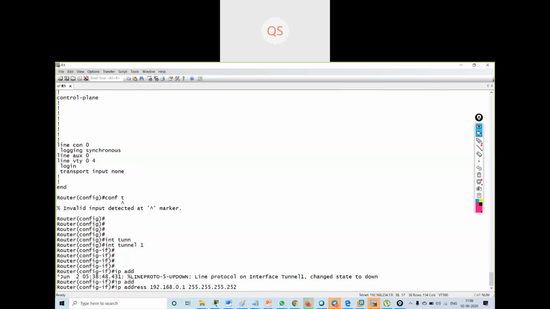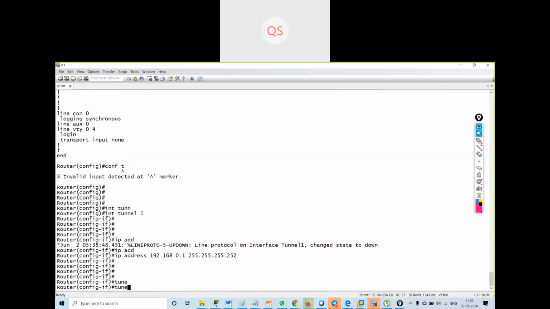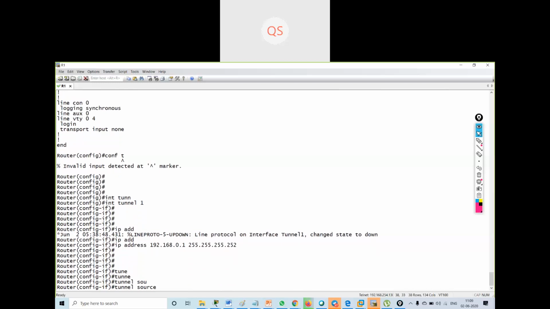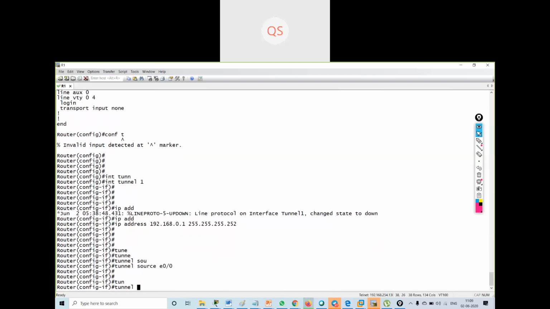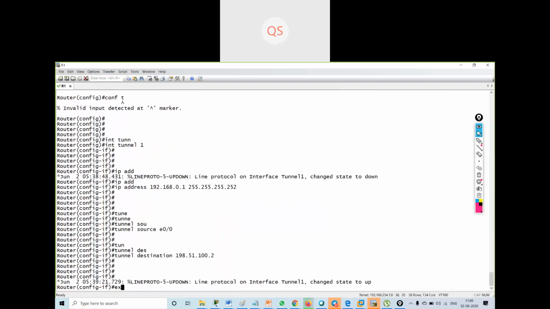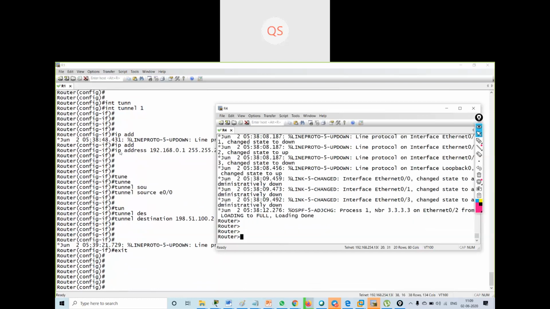I want only two IP addresses, so I'm taking the subnet mask as 252. Okay, tunnel source is my Ethernet 0/0, and tunnel destination is my 198.51.100.2. Exit.